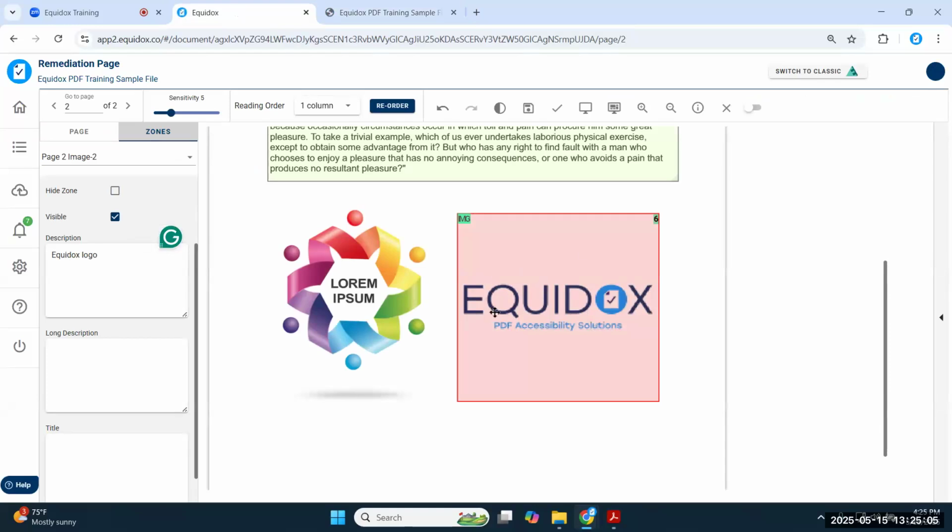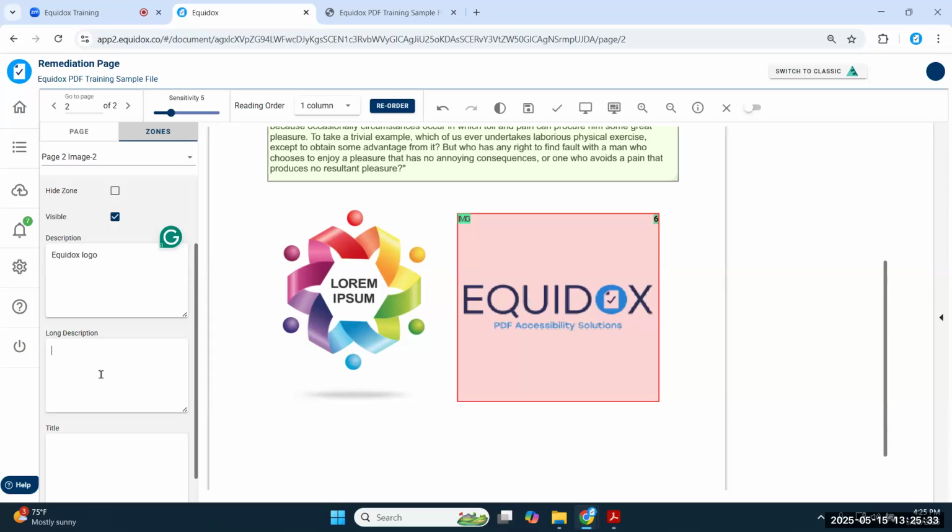I don't have to include that it's all uppercase and there's a blue circle in place of where the O should be with a check mark inside of it. That's all just extra fluff that does nothing but slow a screen reader user down. This is just a simple description to make sure they're aware that there's a simple logo here. There's not a pie chart or a scatter plot or some very technical, important image that's giving a bunch of new information about this document.